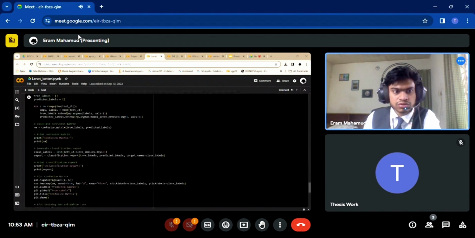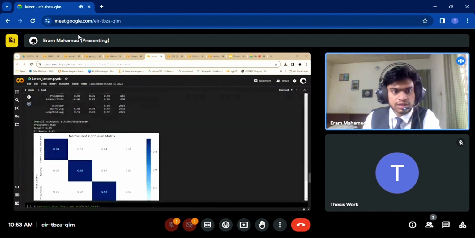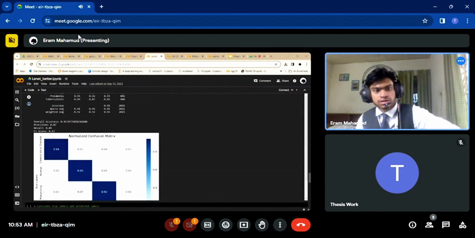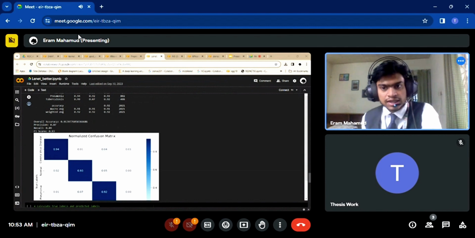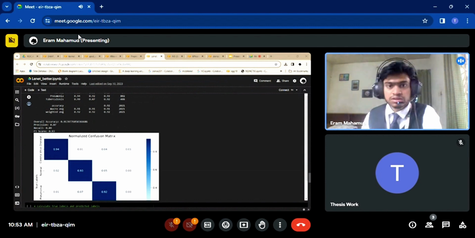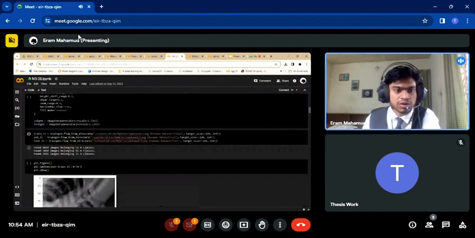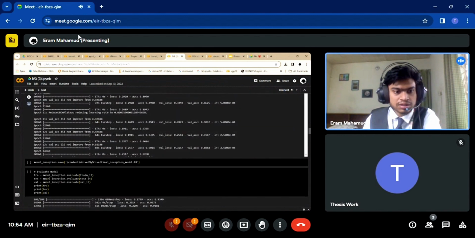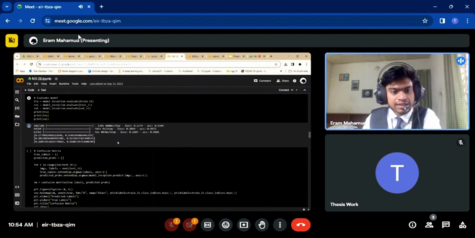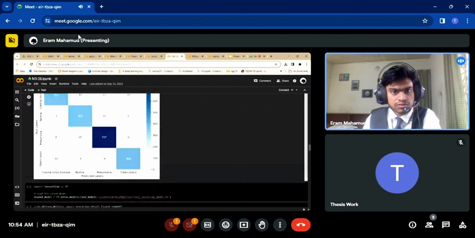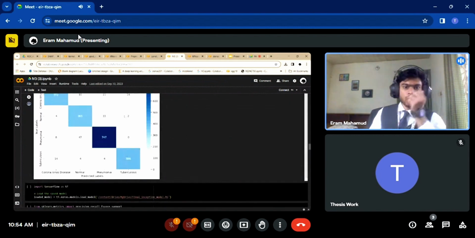And if we go to the classification report, we can see a good confusion matrix and average precision, recall, and F1 score, which is a good model. So I have placed it at the fourth position. After the LeNet model, at the third position, we can see the InceptionV3 model because InceptionV3 performed better than the LeNet model. If we go to the confusion matrix, we can see that it classified more images